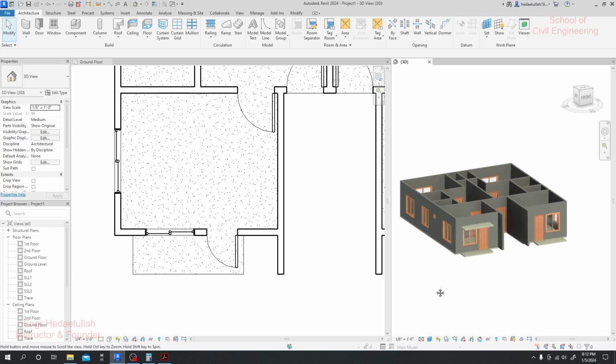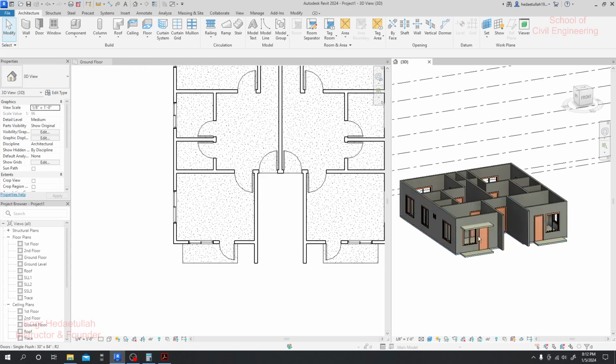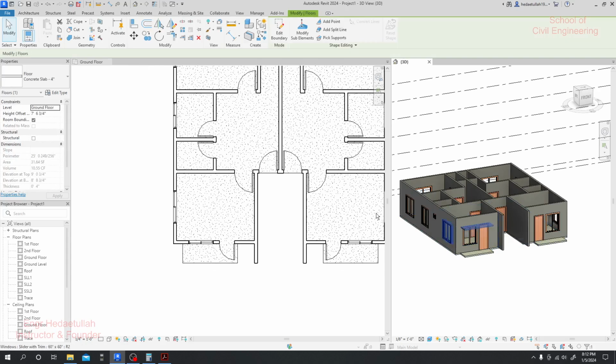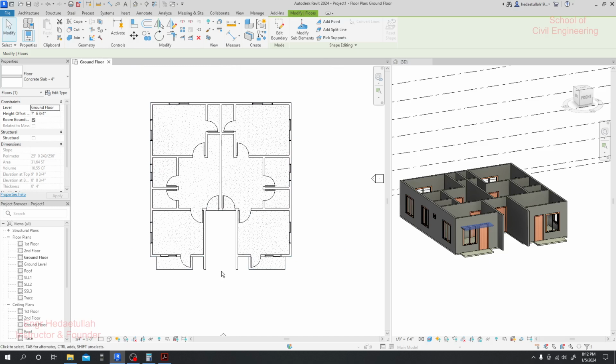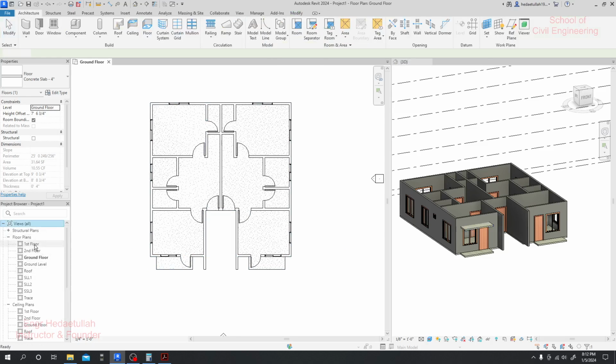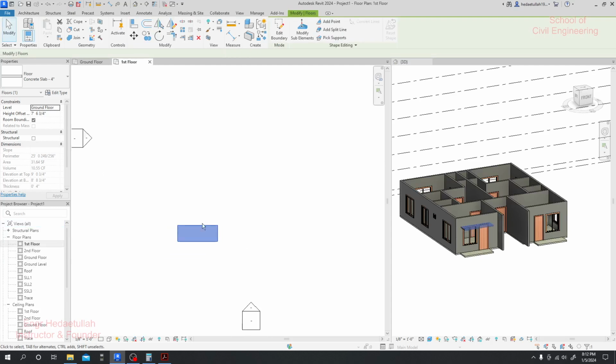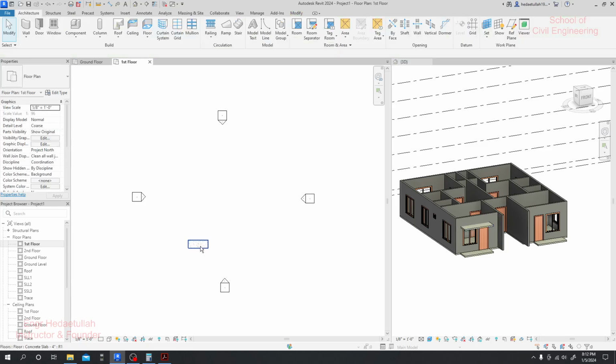Now what we'll do, simply select that one, and it will also be selected here. And if I go to our first floor from the floor plan list, you see only this one is visible here. It's not visible. So what I can do, to see other things, and in our first floor it's visible. As it is visible, I'll just go here,